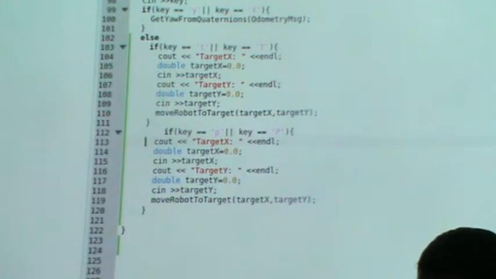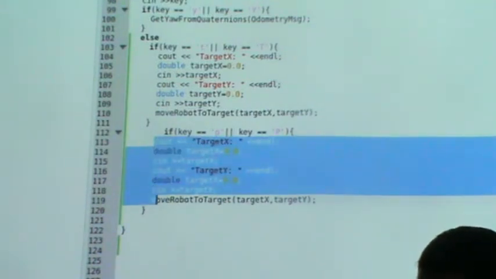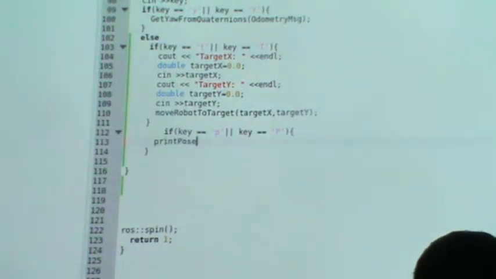And then I will call the method. Which method? Print pose. The first one. It is only printing the yaw value, the angle. Does it print the yaw of this one?